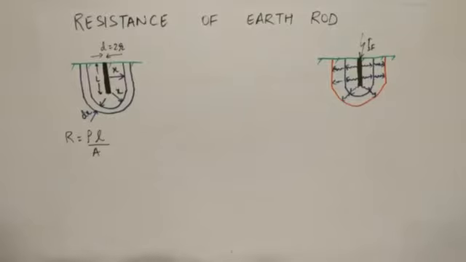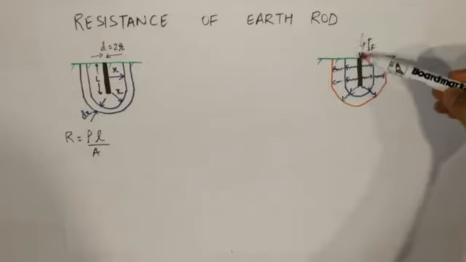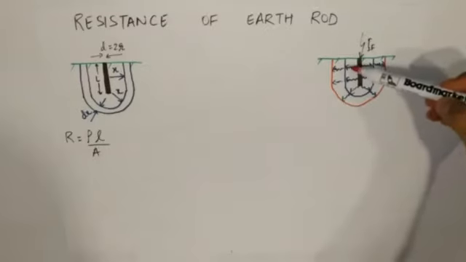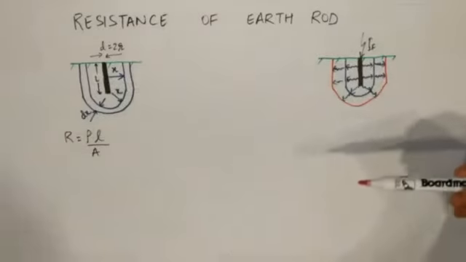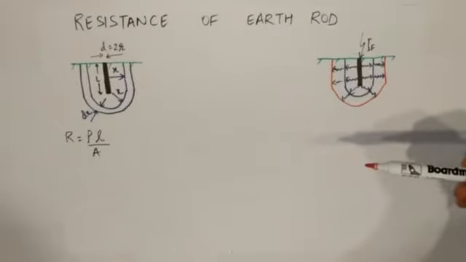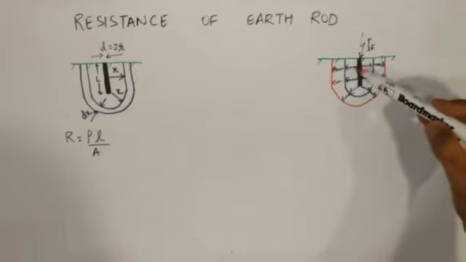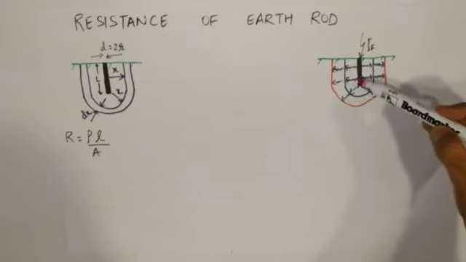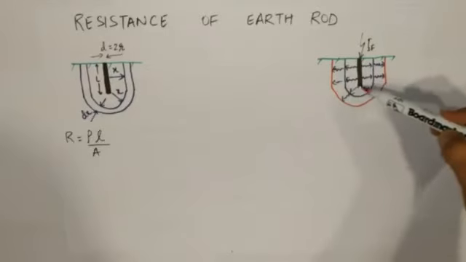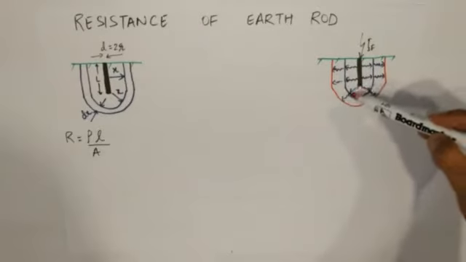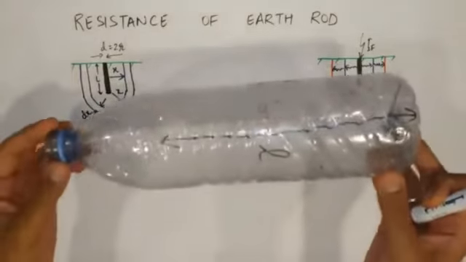So let's start. Suppose this is your earth electrode, and once the fault current enters into this earth electrode, it dissipates in all the directions equally, considering the soil which we are using is uniform and having a resistivity of rho. Now, as the current enters into this electrode, it goes away in all the directions radially, forming a surface which is cylindrical till the length of the electrode, and from the tip it becomes hemispherical. So you can assume the shape as a bottle.